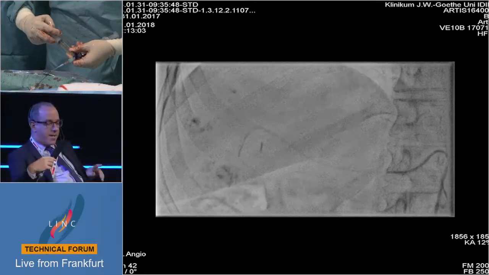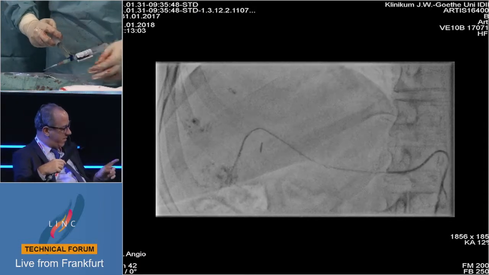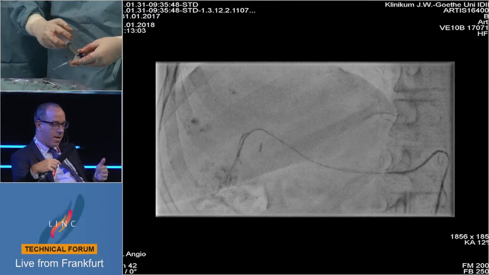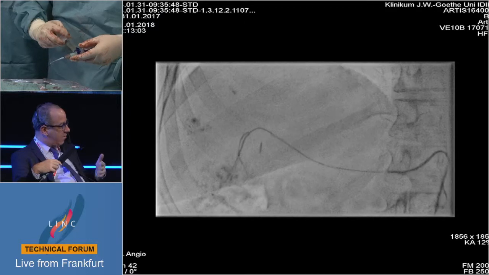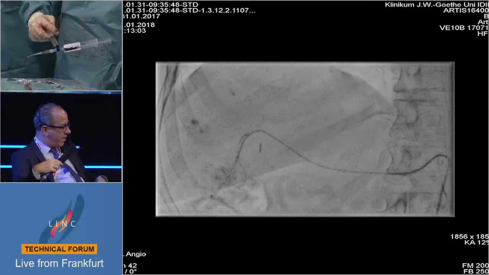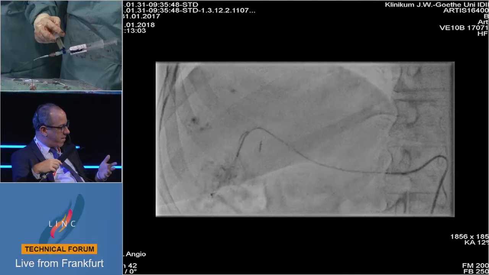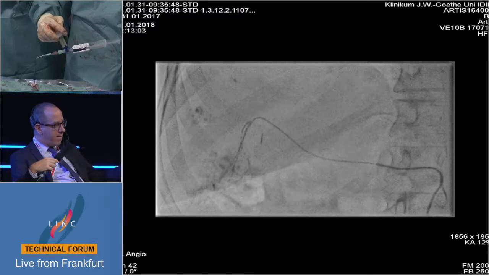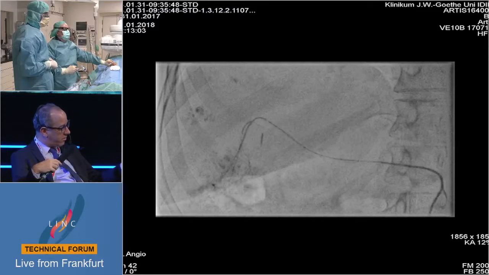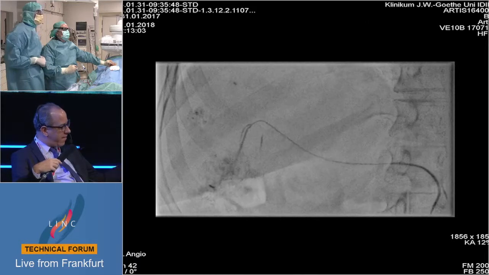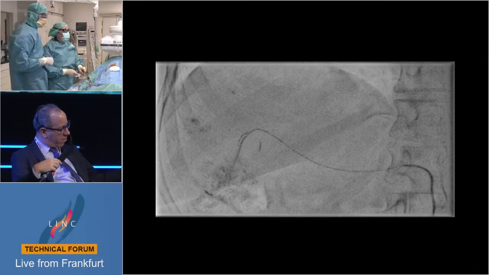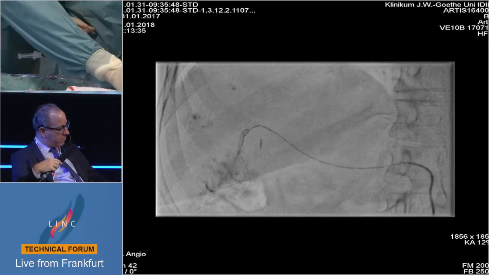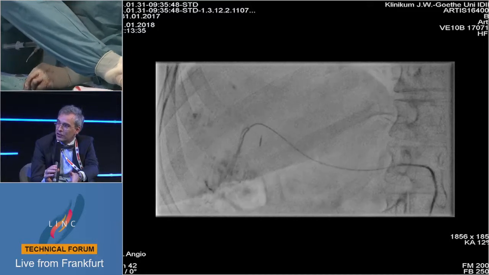So we're all commenting on the fact that there's a lack of data to guide many things that we're doing. A lot of industry is here, obviously, so maybe we could comment on what the need is right now to fund prospective studies to answer these questions so that we can benefit our patients. We were speaking on the previous case about whether there's benefit for smaller particles versus larger particles. Do you think there's an opportunity to have a prospective study looking at smaller versus larger particles for drug-eluting beads? No. Okay. Because we have been working on these studies for 5 years, and the answer from the industry